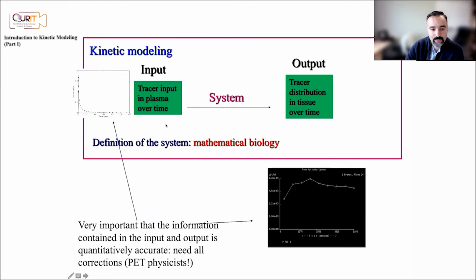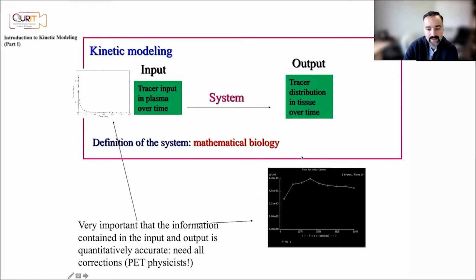And again, let's assume that we have measured, let's say by blood sampling over time. Now this sounds invasive, right? Like you were saying, are you really going to do blood sampling? Now the answer is, in some kinetic models, you have to do that, but in some kinetic models, you can actually use a reference region in the body, or a blood pool in the body, that does the job, and you don't have to do invasive plasma input function sampling. But let's say we have this measured and you have this measured,